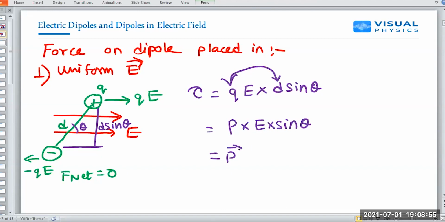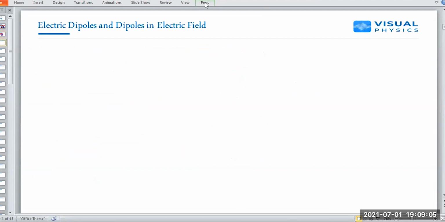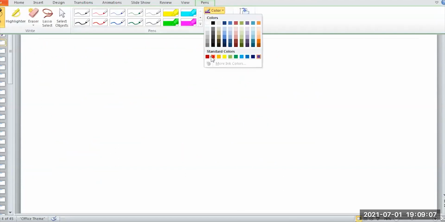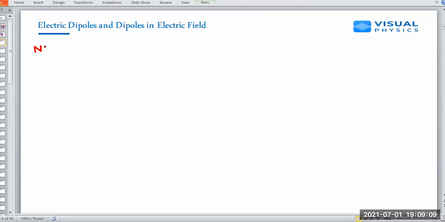Vectorially, I can write it as the cross product of dipole moment and electric field, because torque is also a vector quantity. Okay. Point number 1 clear. Now, point number 2. If a dipole is placed in a non-uniform electric field,